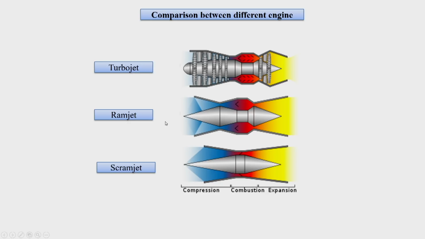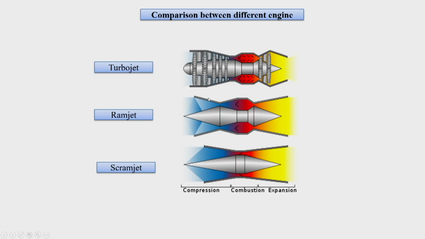If we want to go with a higher Mach number, then there comes a limitation to the maximum Mach number a turbojet engine can reach. Although turbojet engines are available for supersonic Mach numbers, for very high Mach numbers, turbojet engines are not preferable. In that case we have two engines called ramjet and scramjet engines. Both the engines are non-rotary engines, so there is no rotary part in these engines. Here the gas which is coming into the engine is at supersonic speed.